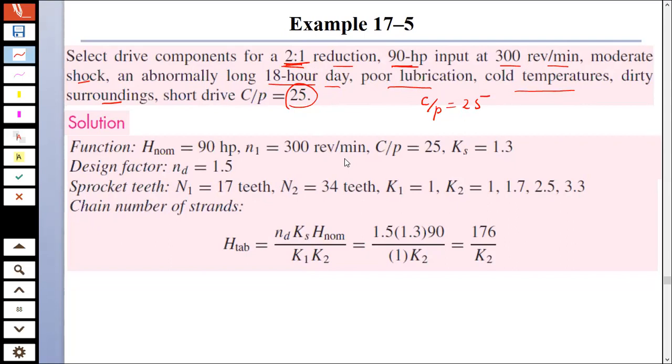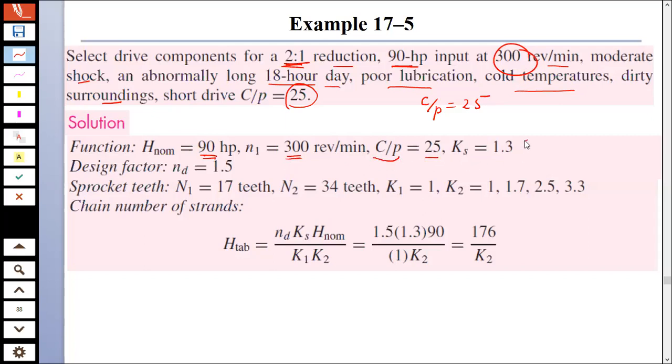The sprocket should be 50. Okay? So let's see. The nominal horsepower is 90 horsepower. And speed N1 is already given, that is your 300 revolutions per minute, and your C by P is